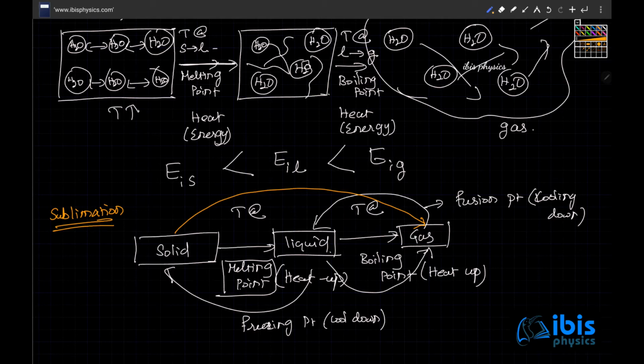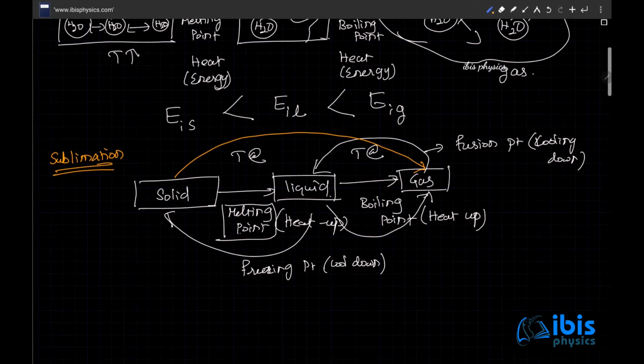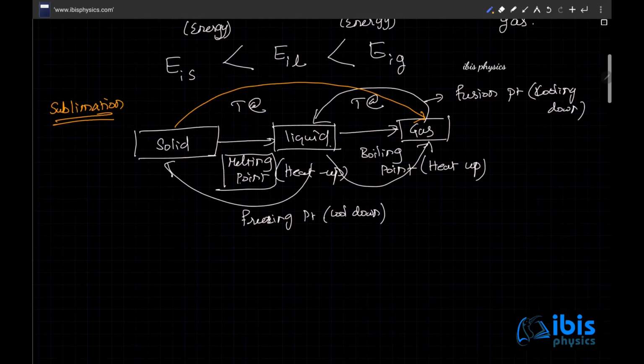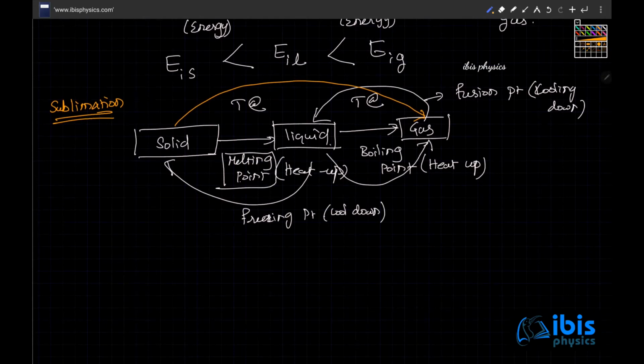So melting point, boiling point, and this most important thing. Boiling is different, but there is also another thing: evaporation. The process of liquid turning into gas at a particular temperature is what is called boiling. But the other thing we are talking about is evaporation. What is evaporation? Suppose